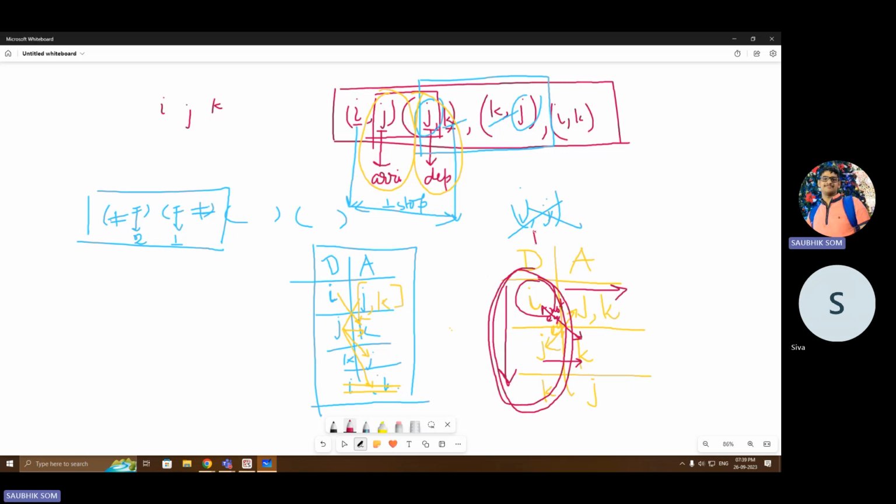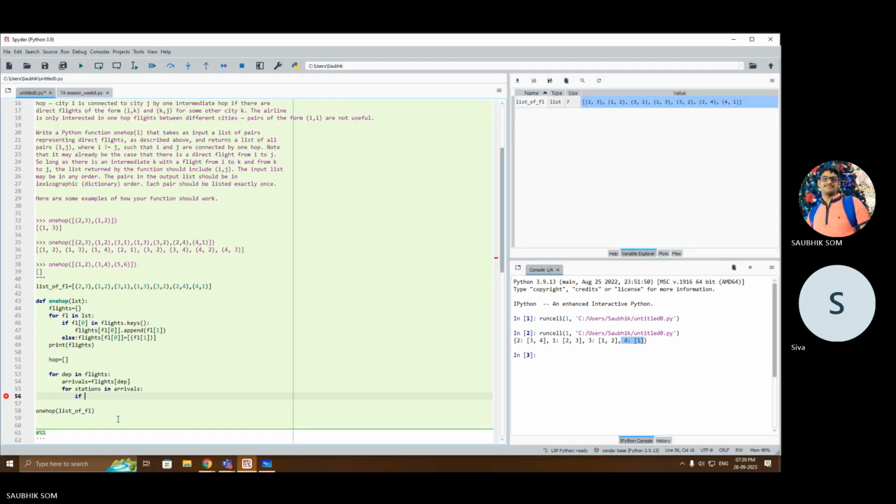So this is my flights dictionary. If this particular j is present in any of the keys, okay, in any of the keys,